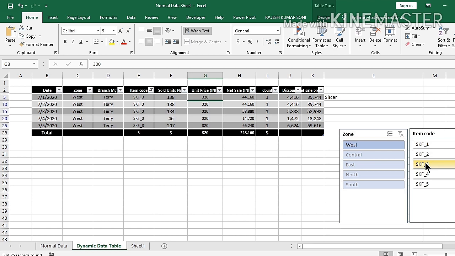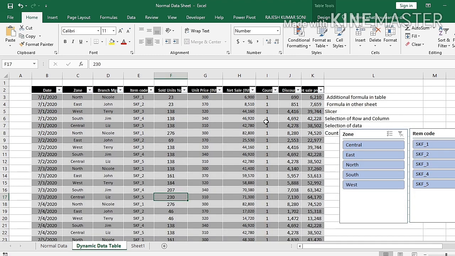SKF3, SKF5. So this is another feature of this table. Now again we open the full table. For that you have to remove the filter. Okay.